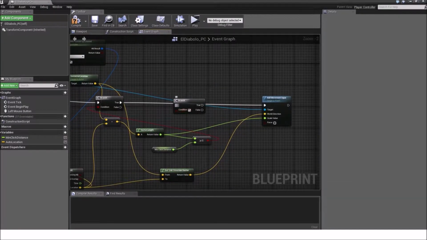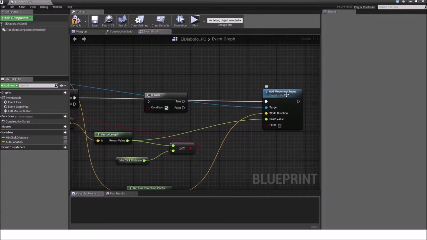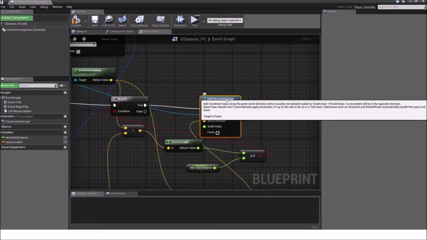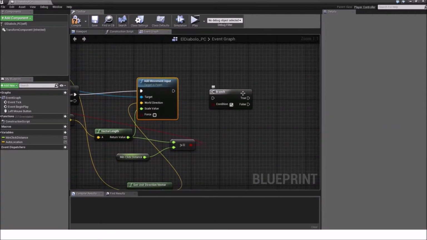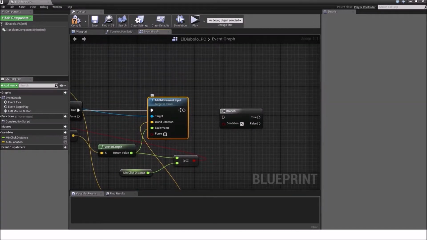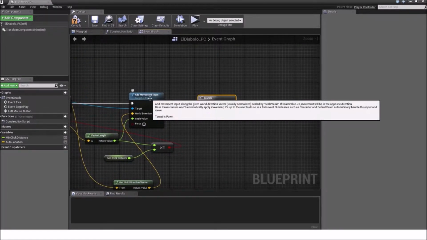That's what it basically does. So we will move the add movement input to our other branch node here and move our newly created branch node past the add movement input. Connect this end from the add movement input into the branch, and then copy and paste our add movement input